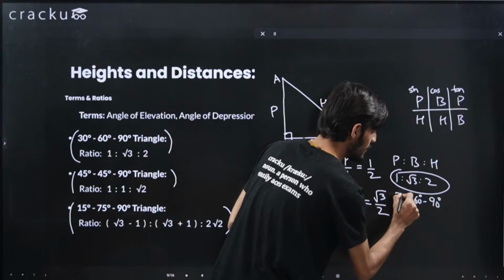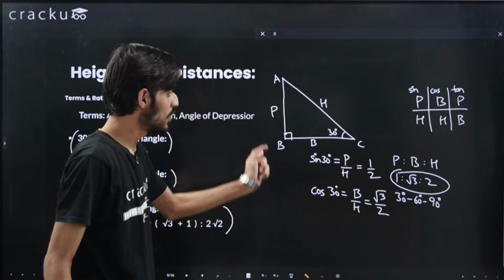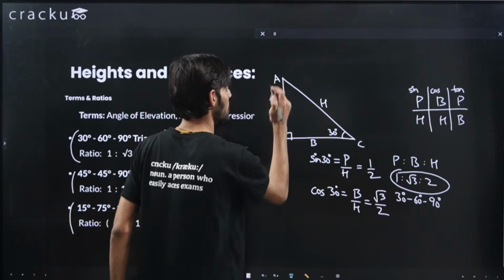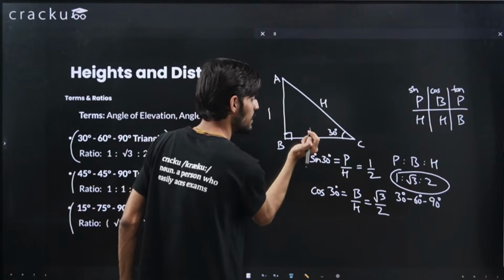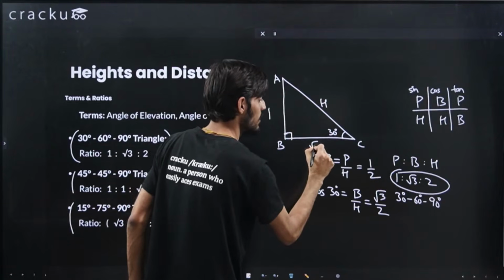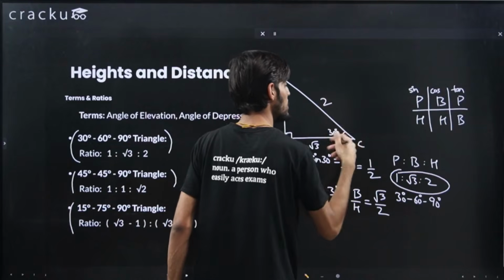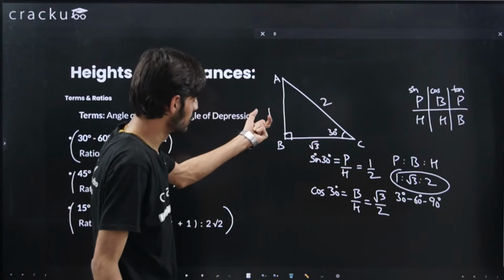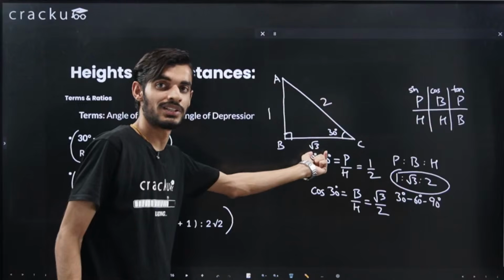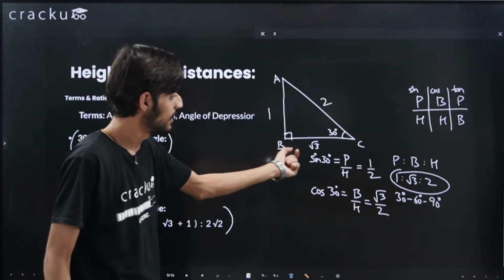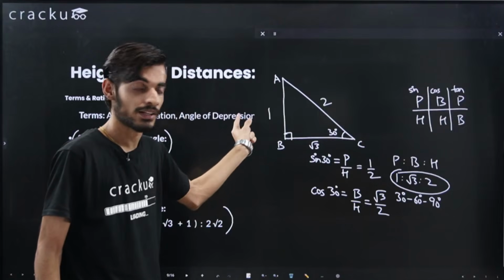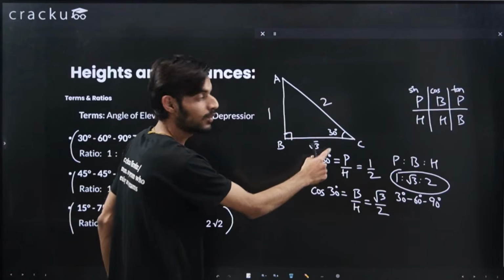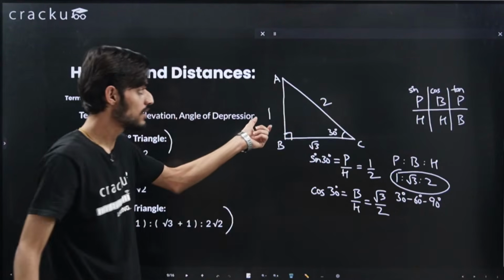So whenever we are given a triangle in which the angles are 30, 60, 90, the length of sides will be in this particular ratio. So in front of the angle that is 30, if this value is 1, then this value will be root 3, in front of 60 it will be root 3, and this will be 2. See, the actual value can be much more, but it is just the ratio representation. Let's say if I take this side as 10, then this will be 10 root 3, 10 times, right? I multiplied this side by 10, so I will multiply this side also by 10. Likewise, if I take this value as 5, this will be 5 root 3 and this will be 10, 2 into 5. This is just telling me the ratio.